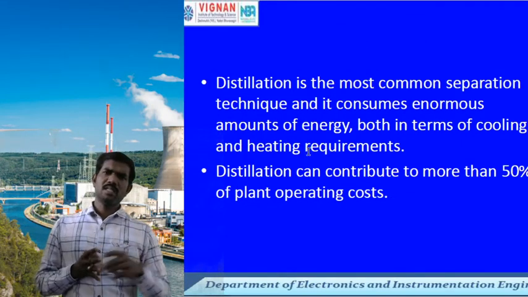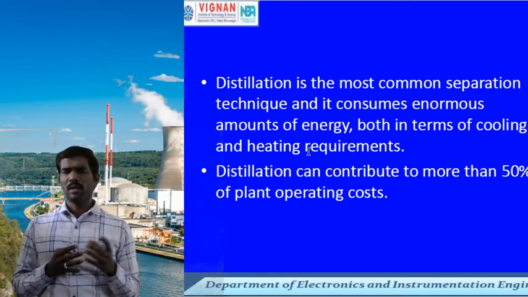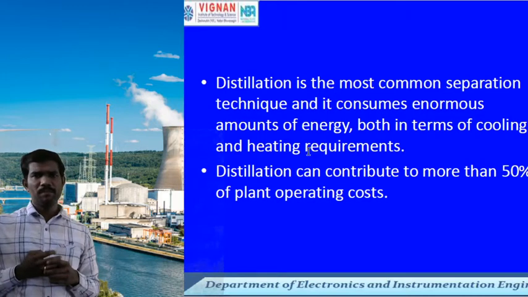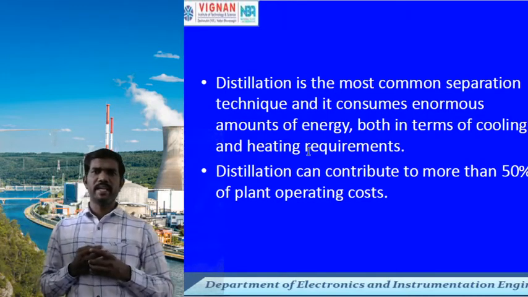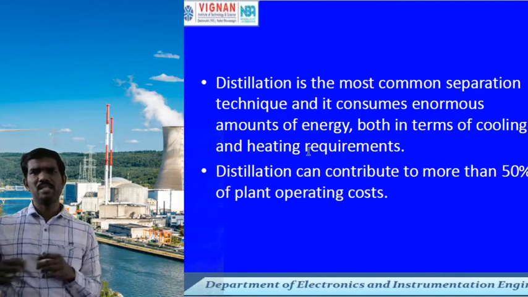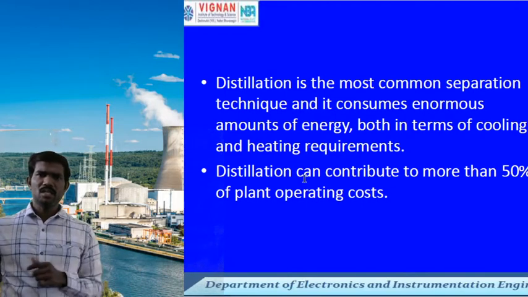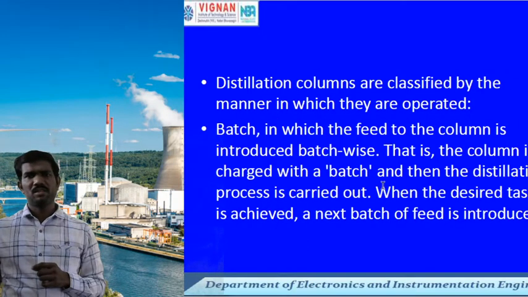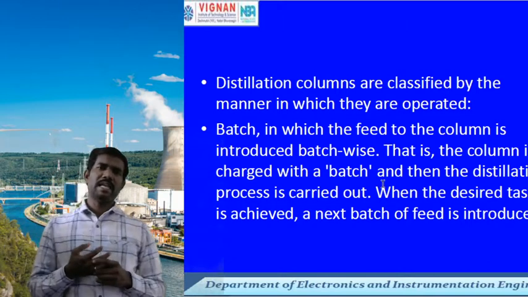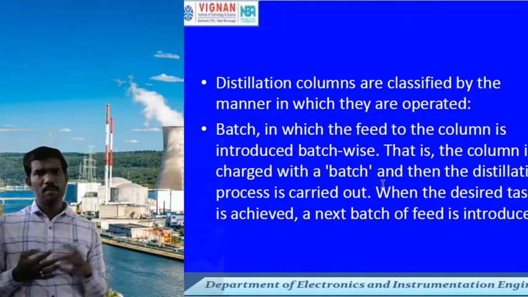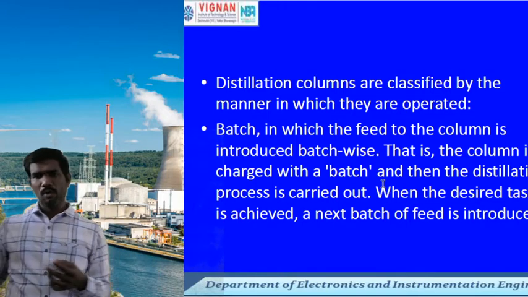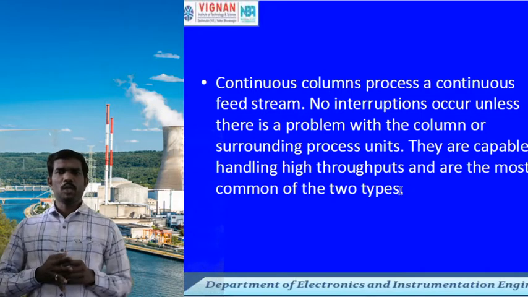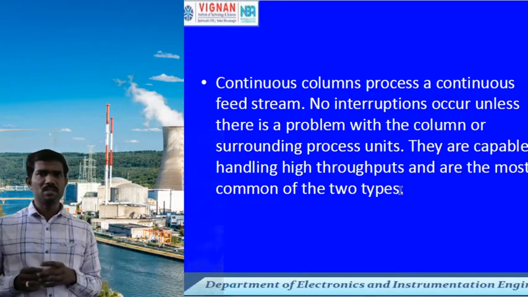This distillation process we commonly call a separation process, and it consumes an enormous amount of energy. Both cooling and heating requirements are very important in this process. Distillation contributes more than 50% of plant operating costs. Distillation columns are classified into different types based on the flow, as batch flow or continuous flow. A continuous column can process a continuous feed stream, with no interruptions unless there is